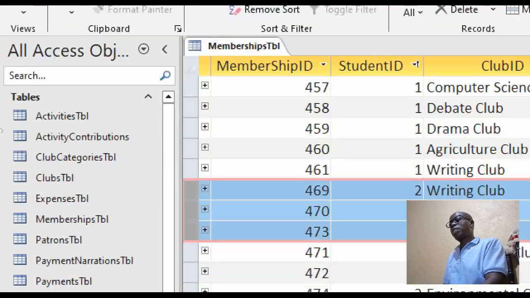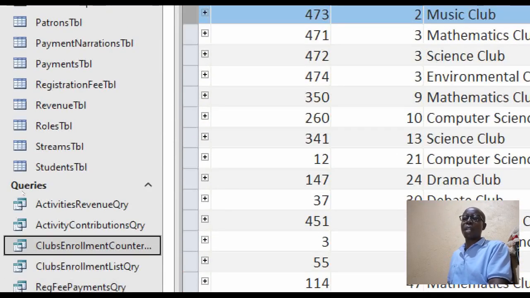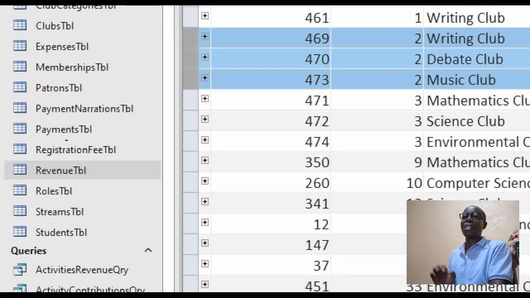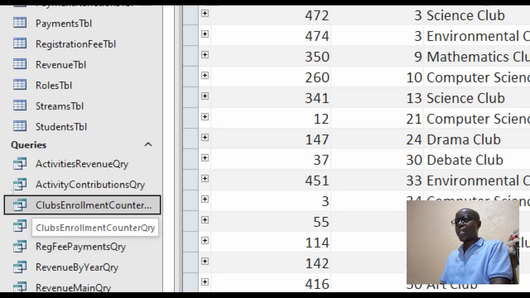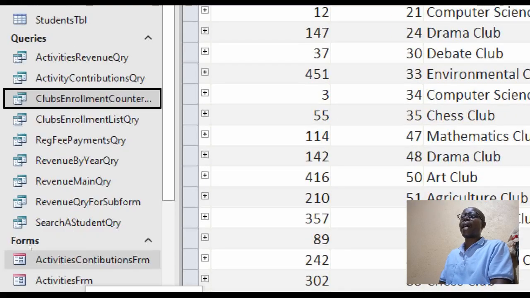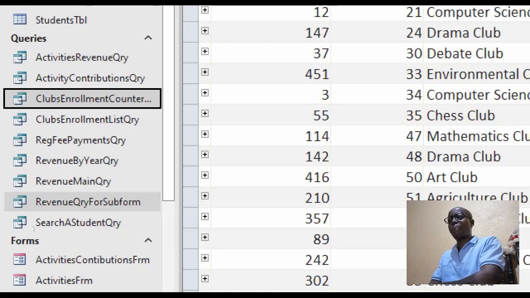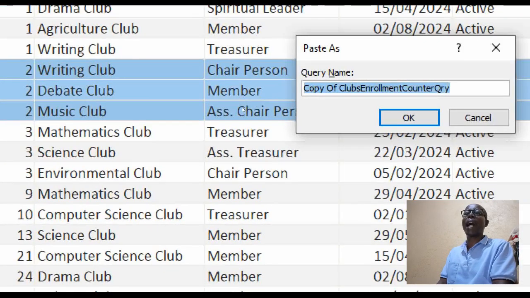So the next thing we are going to do from the counter query, which we have just developed right now, I am actually going to copy paste it to save on time. I have right clicked the query, and I want to choose copy, and just paste, Control V, but it starts by demanding a name.